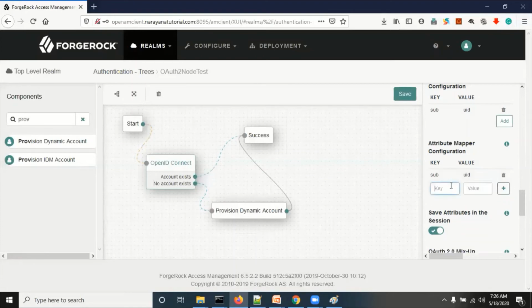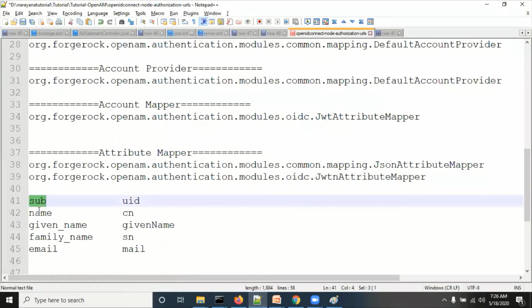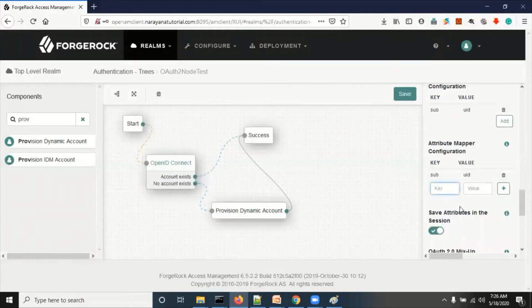Click on add. We can add multiple parameters, whatever information we want. Like we have configured this one, and we can configure name. Name is CN. It is a request parameter from the authorization server to the client application. The authorization server is sending the name, so in our client application we store this parameter in the form of a CN variable.